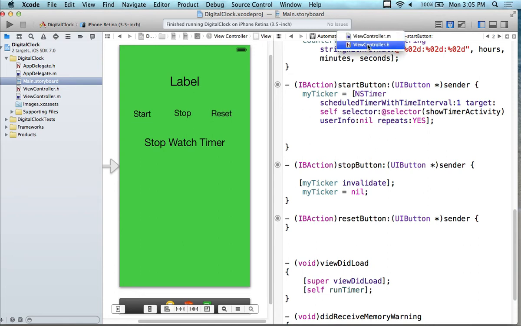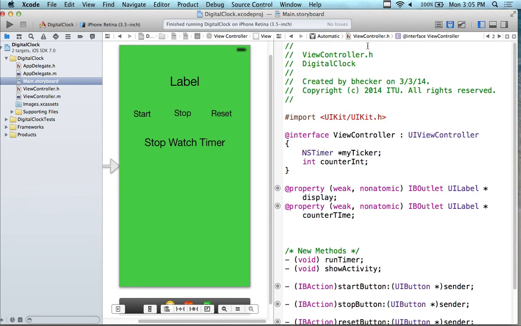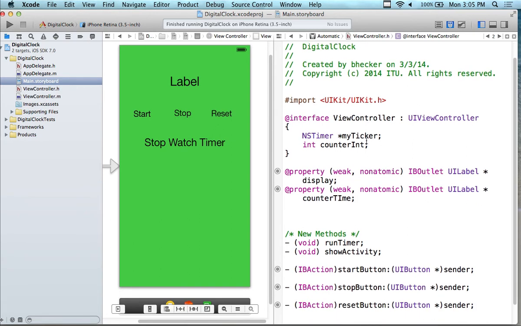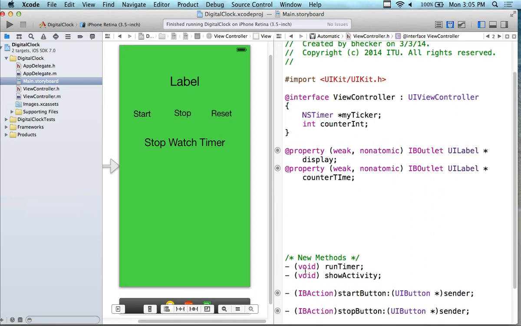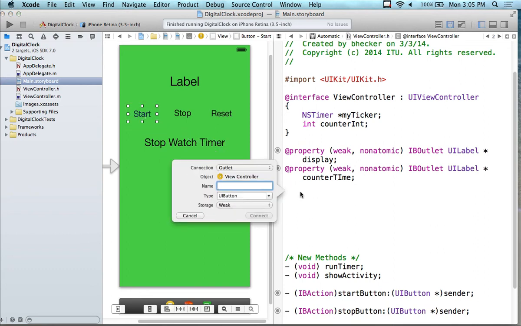So go back to the viewcontroller.h file. In the viewcontroller.h file, right underneath the other two properties that I have, one for the two UI labels, I'm going to make a property for start, stop, and reset. So I'm going to control drag now, and I'm going to call this one